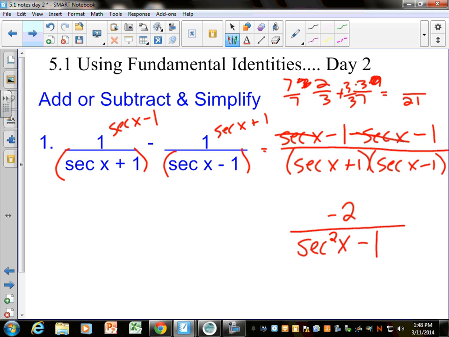And this is where I hope you did your homework yesterday. When you see this, you're learning those identities because very soon you're not going to be able to have your notes right in front of you, and you have to know 1 plus tangent squared equals secant squared. Which means, what does secant squared minus 1 equal? Tangent squared. So this is the same as saying negative 2 over tangent squared